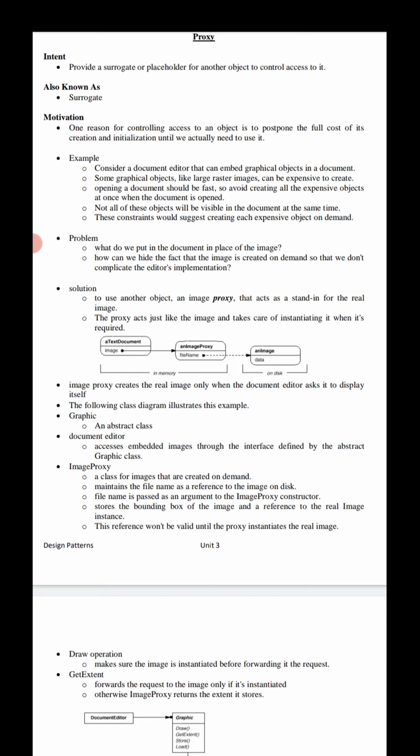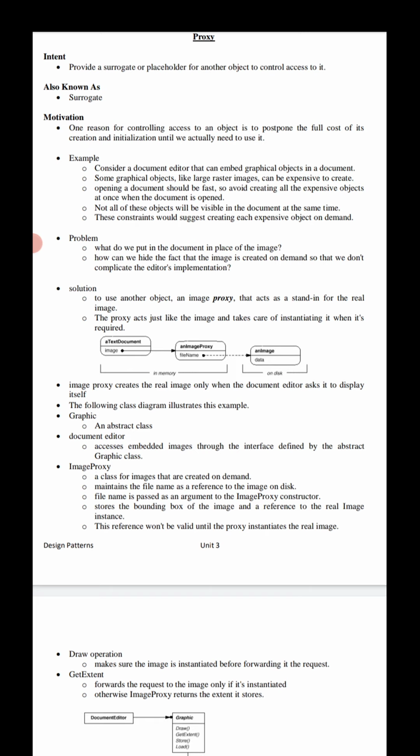Some graphical objects, like large images, can be very expensive to create. When opening a document it should be fast, so we should avoid creating all the expensive objects at once, because not all of these objects will be visible in the document at the same time.